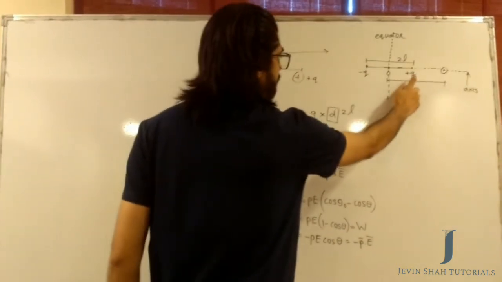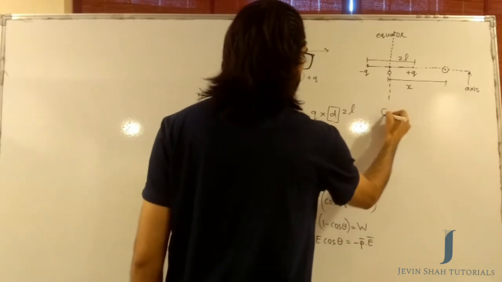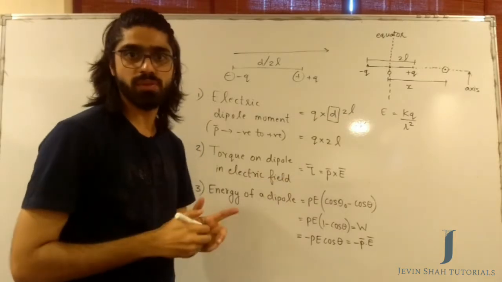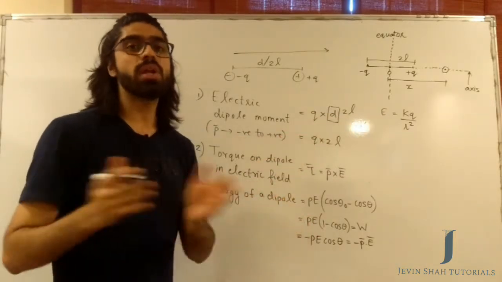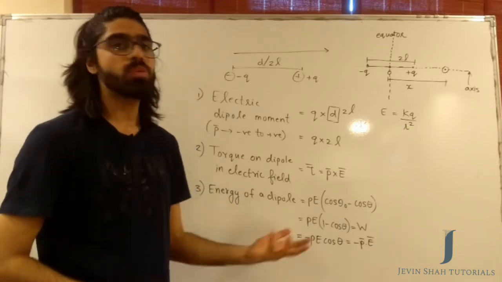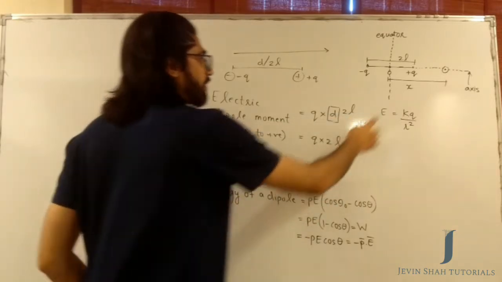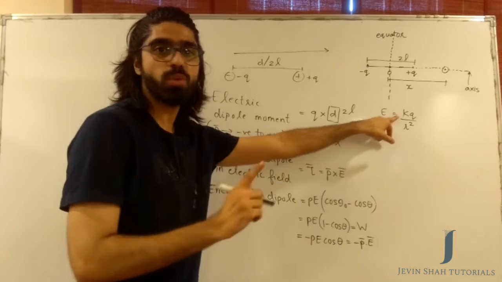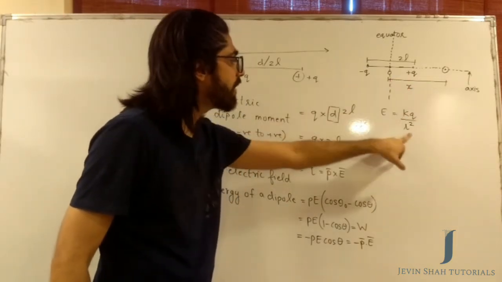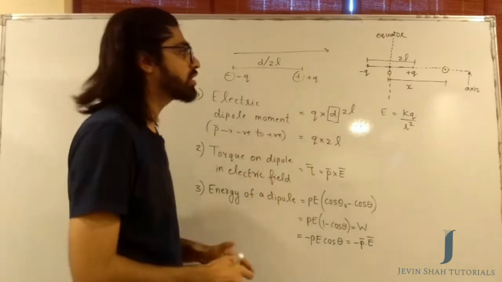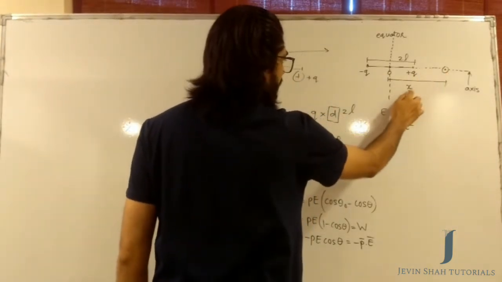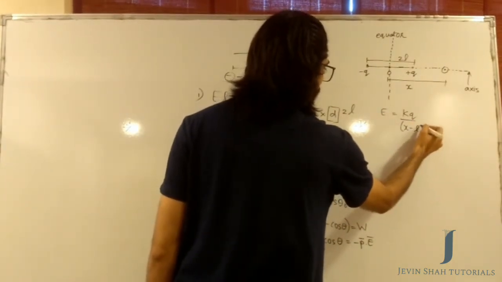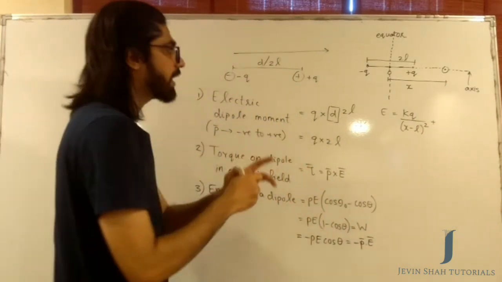The electric field intensity that the charge plus q generates over here is given by k into q upon r square. This was a formula that you have learned in the earlier video. Like I said, if you don't know this formula, do refer to the previous video and then get back to this. It will help you in understanding these things in a better way. So the electric field generated by q at this point will be given by kq upon r square. K was 1 upon 4 pi epsilon naught. Q was the charge q itself, but r was the distance of that point from the charge q. The distance of this point from q can be written as x minus L. So instead of r, we will say (x minus L) the whole square,